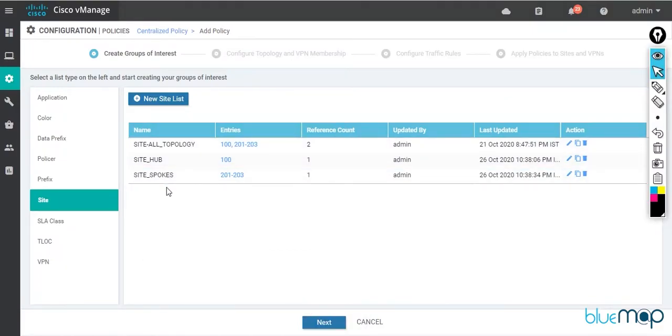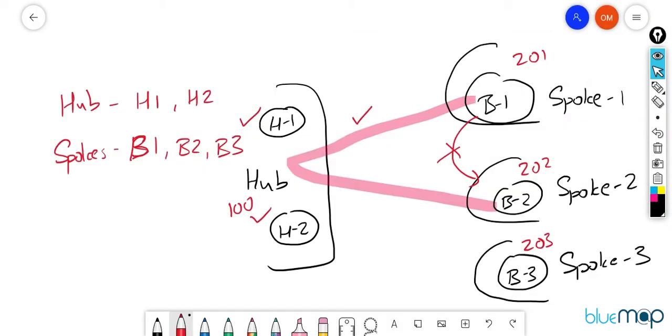And now, apart from that, once we design the hub and spoke topology, we will create a priority such that MPLS transport should be preferred over the public internet. So whatever TLOCs, now this H1 has two TLOCs. One TLOC is via the public internet and one TLOC is the MPLS TLOC. So what I want is to prefer MPLS over my public internet. So let's say I'll assign a preference value of 200 to my MPLS and a preference value of 100 to my public internet.